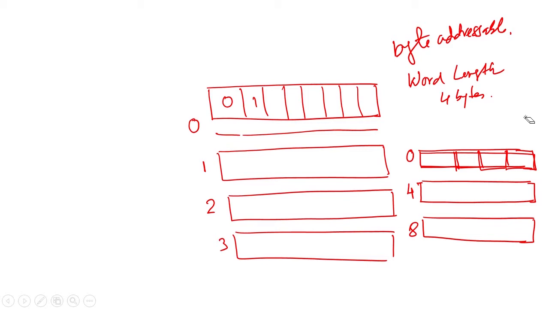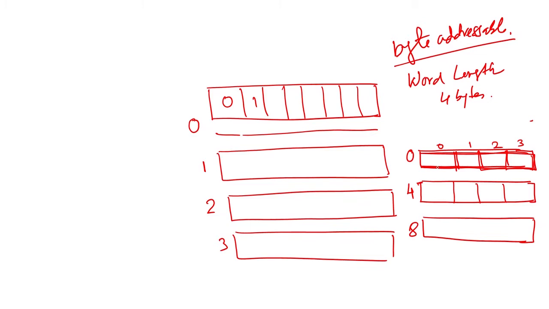So, this is if it is byte addressable, where each byte you can locate. This address will be 0, this address will be 1, this address will be 2, this address will be 3. Then if the word length is 4 bytes, the second word will be located from 4, and then 5, 6 and 7. So, the term word addressable means you can only locate each word, that means the first word is 0, and the second word will also be contained in a location which can hold 4 bytes.